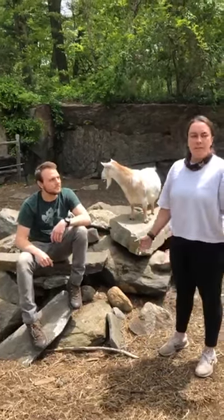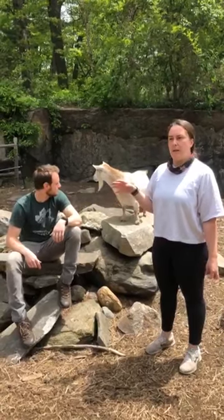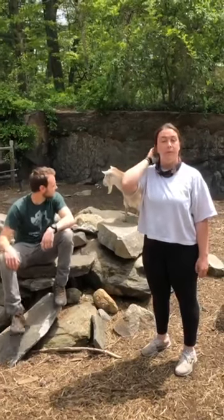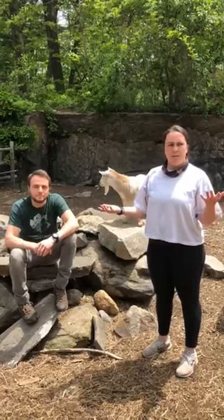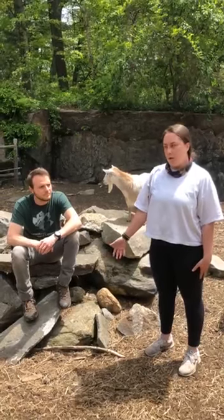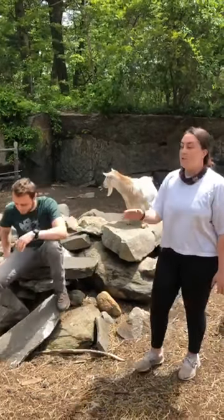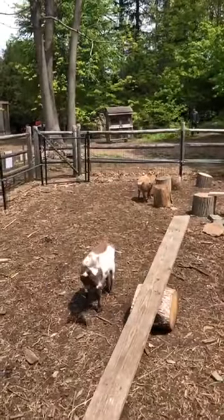So enrichment is something that we do with all of our animals here. Whenever you're taking care of animals that live in captivity, like the animals in our museum or animals in zoos, it's really important for their health to enrich them. So basically enrichment is letting them practice things that they would normally practice if they lived out in the wild. Some of the enrichment that we do for our goats involves things like these rocks behind us and this super fun obstacle course that we've been training our goats to